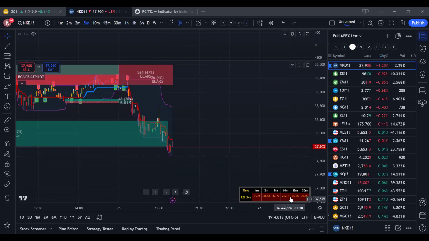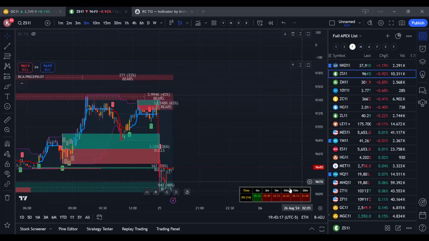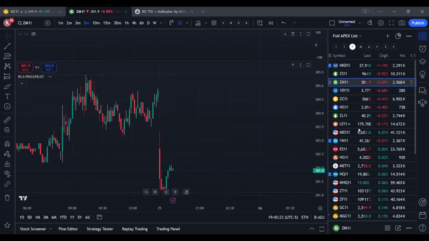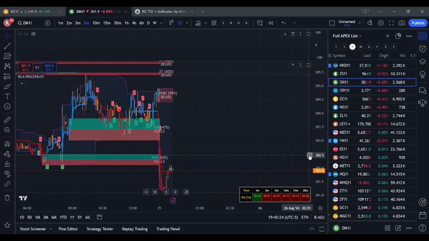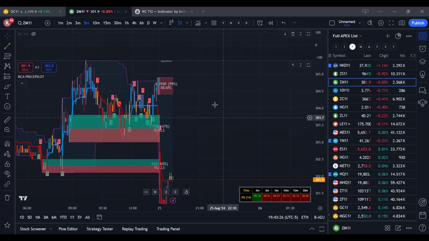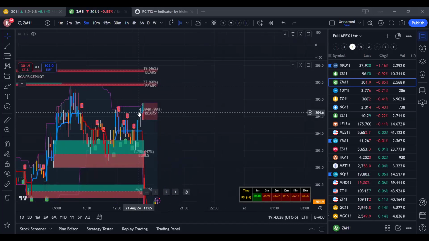If you see here, everything is red. That means there is a lot of bearish momentum. Except the 1 minute, everything is red. Lot of bearish momentum. So here, during this time also, you can see there is a huge